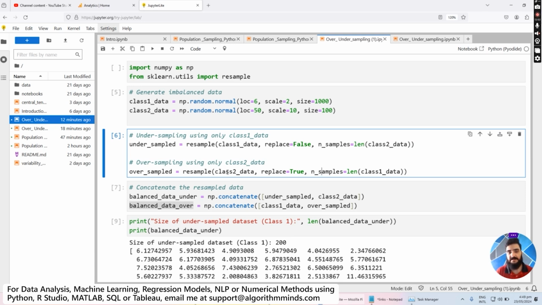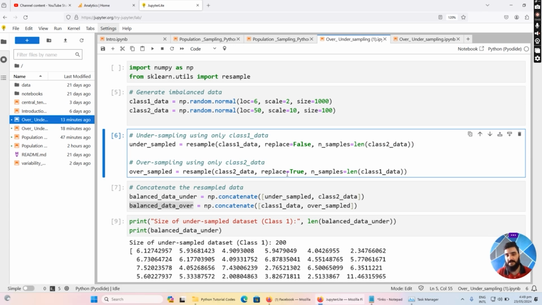where I'm going to reduce this quantity while I'm going to increase this quantity. The second input argument, replace, is equal to true. It specifies that a unique element can be sampled again and again, which is again true in our case because we want to increase the values from 100 to 1000. So once we have done that, now we will be bringing this smaller quantity to the larger quantity, from 100 to